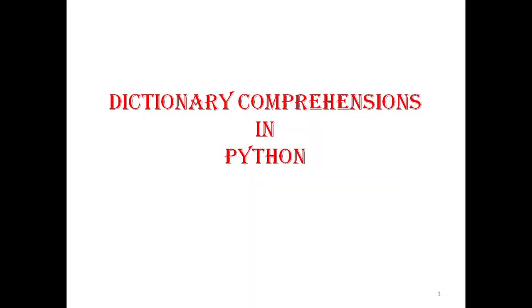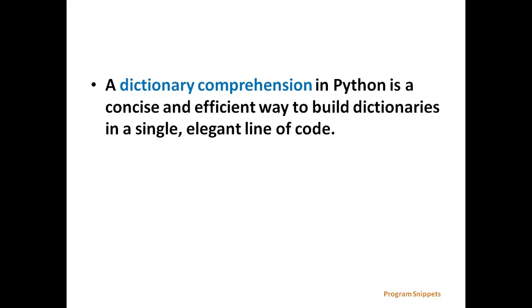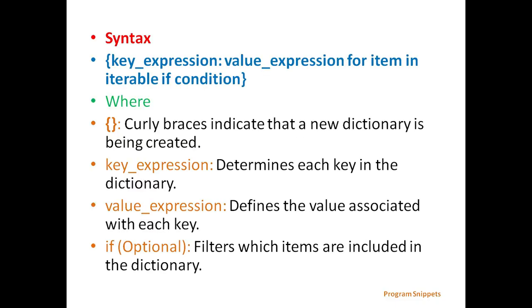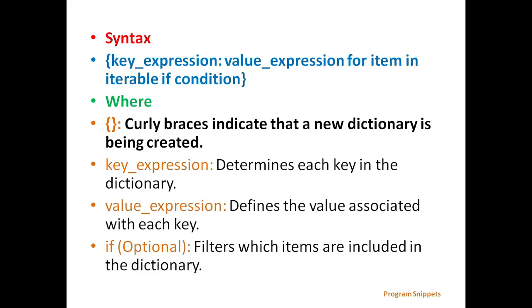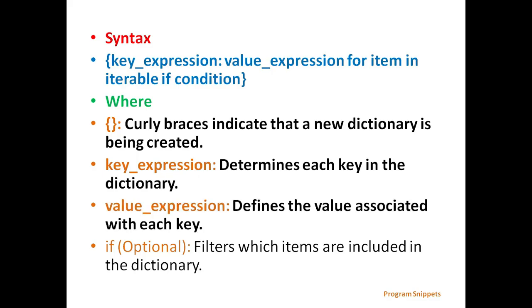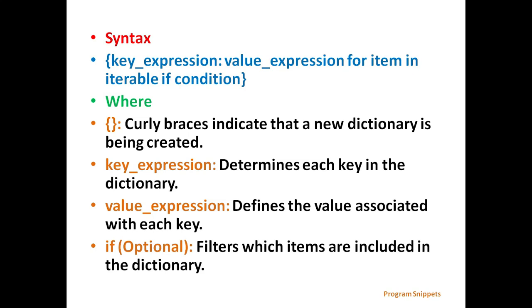Here we will see dictionary comprehension in Python. A dictionary comprehension is a concise and efficient way to build dictionaries in a single elegant line of code. General syntax is, in curly brackets we give key expression colon value expression for item in iterable and if condition. Where curly brackets indicate the new dictionary is being created, key expression determines each key in the dictionary, value expression defines the value associated with each key, and the if statement is optional which filters which items are included in